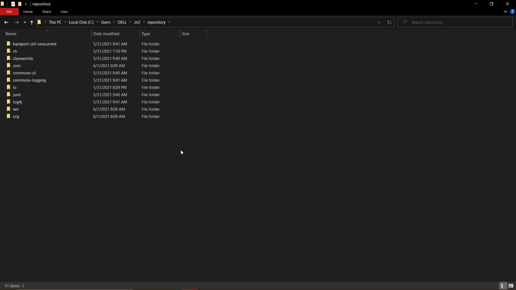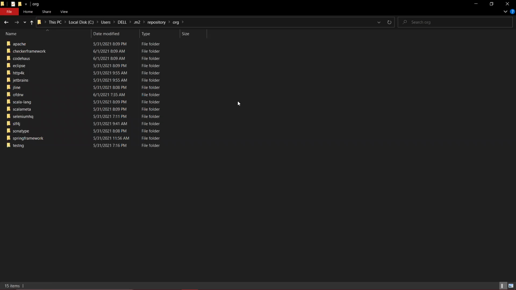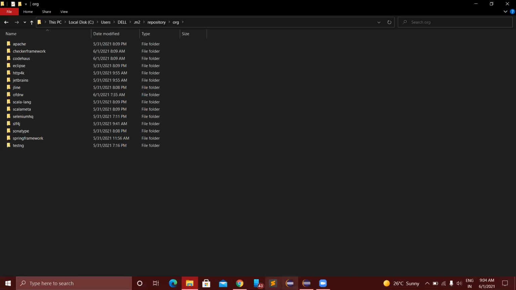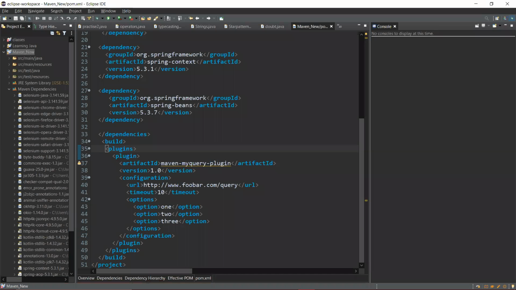Can you open this org? Can you go back? I want to identify the location path. Let me identify that. I did not remember exactly.